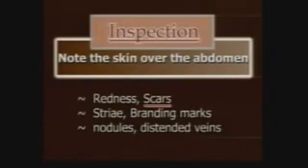Dilated veins around the umbilicus with centrifugal flow suggest portal hypertension with caput medusae, while vertical femoroaxillary veins are seen in vena cava obstruction. If there is a scar of previous operation, ask the details about the nature of the previous operation. The scar itself will tell us many things.